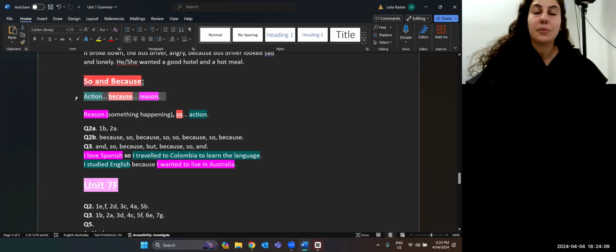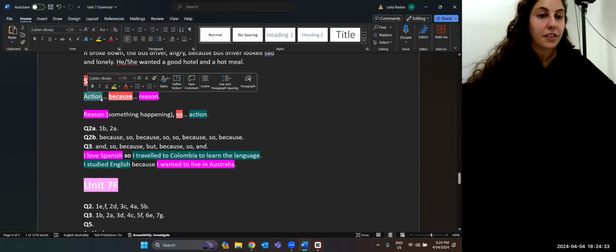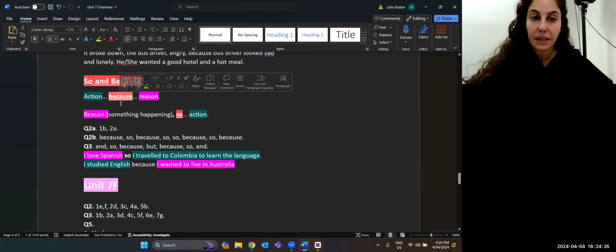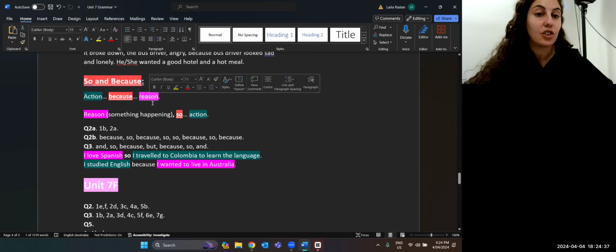Or another sentence could be, because you've got to remember it's an action. I did something. What did you do? I booked my ticket for my holiday early, or I booked it online because it is cheaper. Okay, so usually you have the action first, you have because in the middle of the sentence, and then you say why. The reason means why.